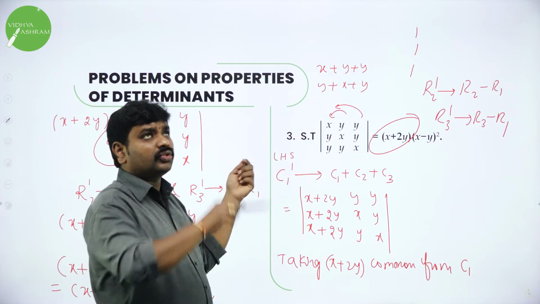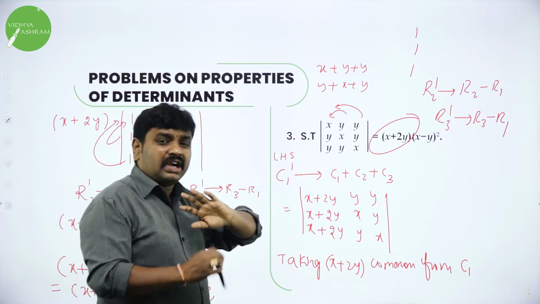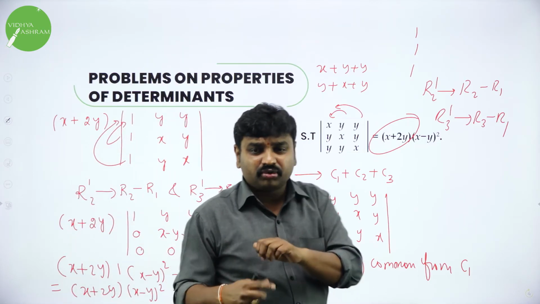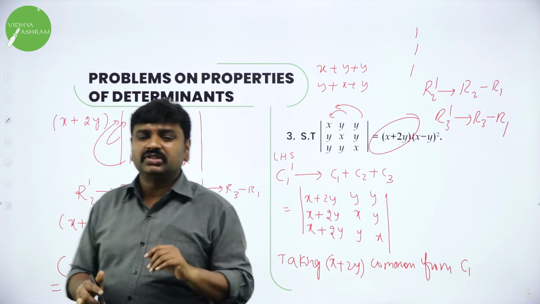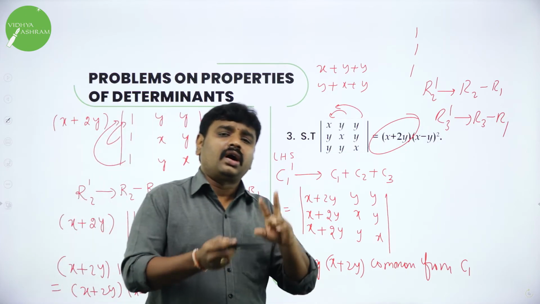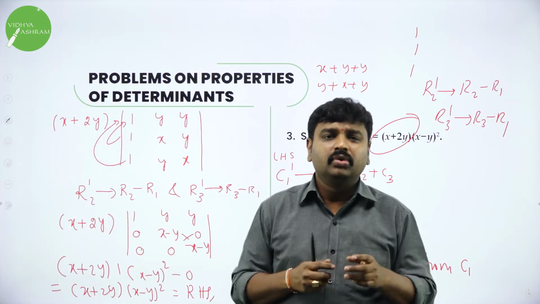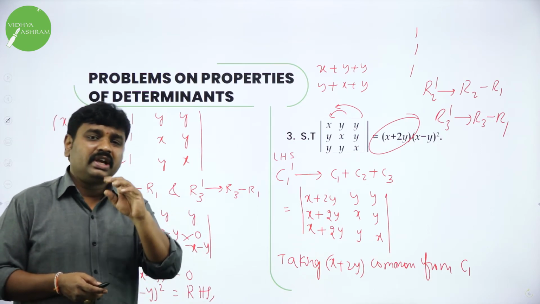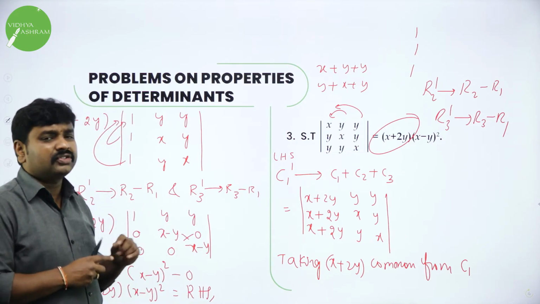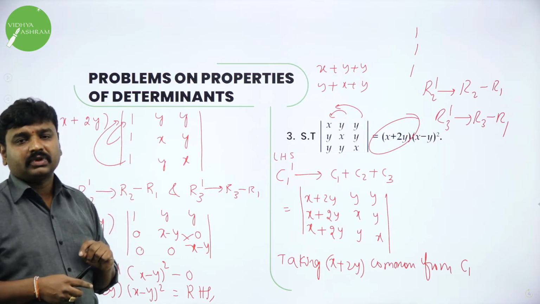Then you take common. So, the first row becomes 1 1 1. It is not necessary that whatever method I am using, you have to follow the same method, but I am trying to use possibly easy methods. You can do column transformation or row transformation, and hence you can prove, but you have to follow the rules or properties. You should not violate the properties, that is it. Using the properties you can prove this. I hope all of you understood.